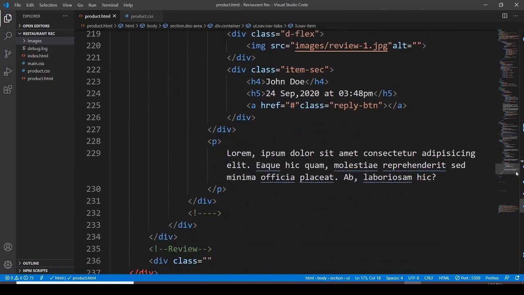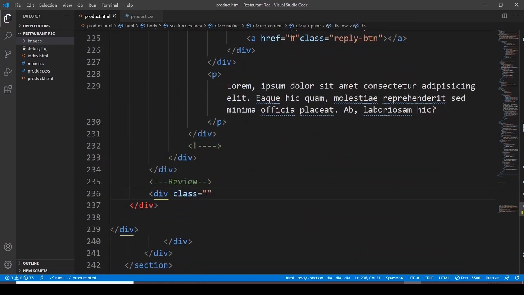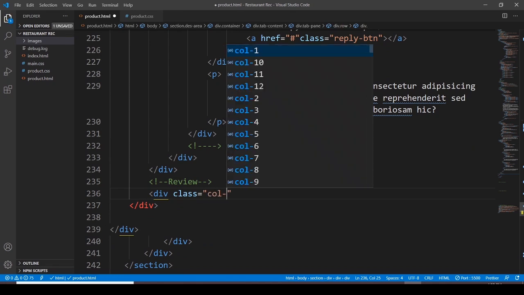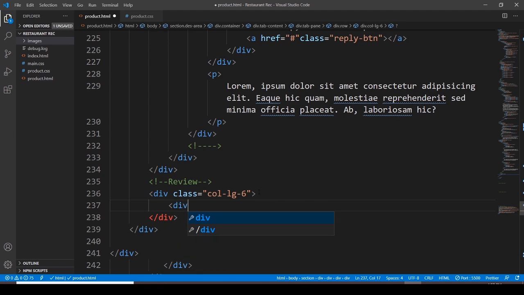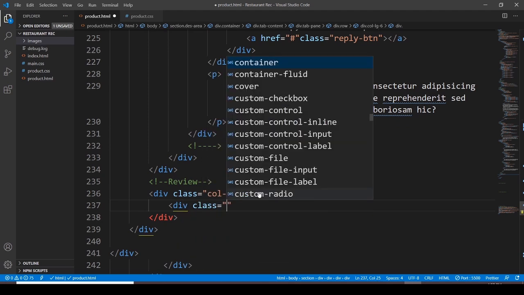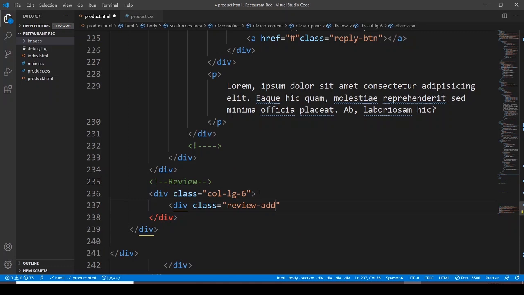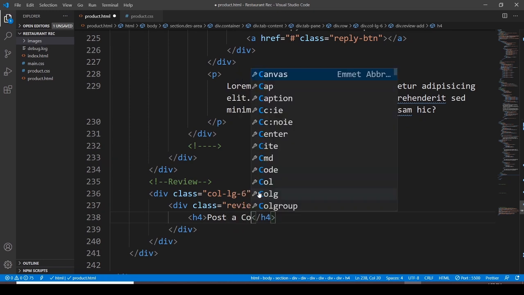Okay, so now we have to start the review section, division, and the class. I would like to go with column large 6, and let's have a division, assigning it a class, and this class is going to be review add. I will use this in CSS, and then heading 4, where I should say post comment,